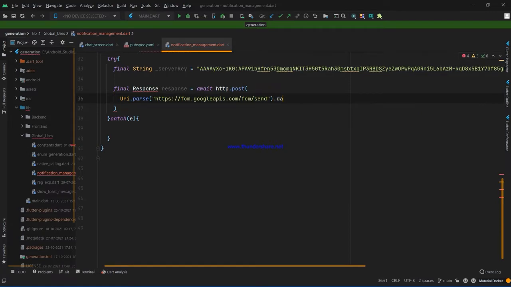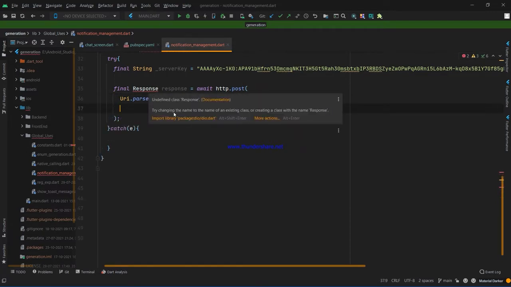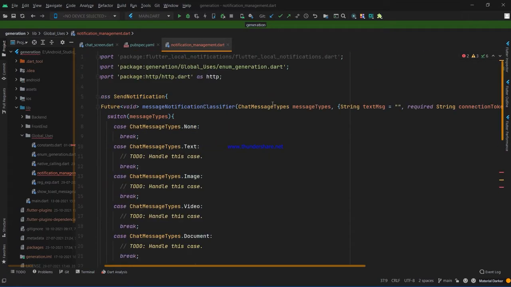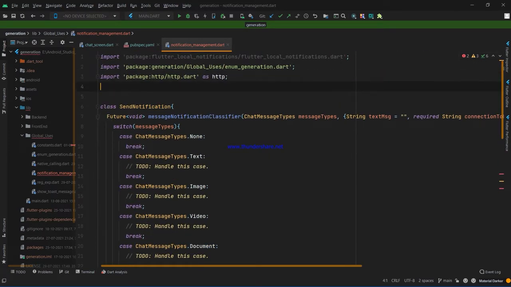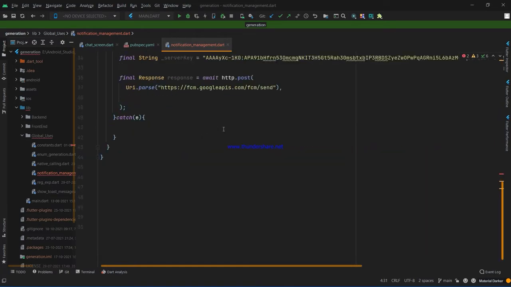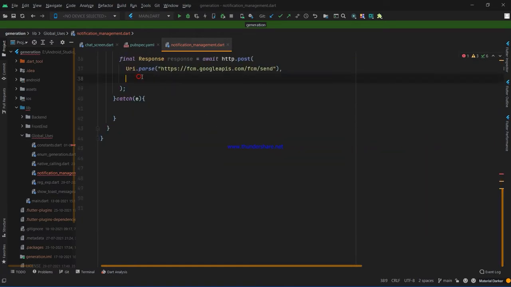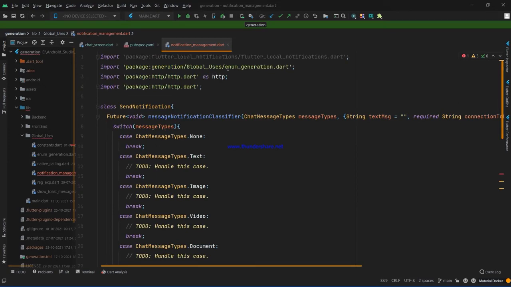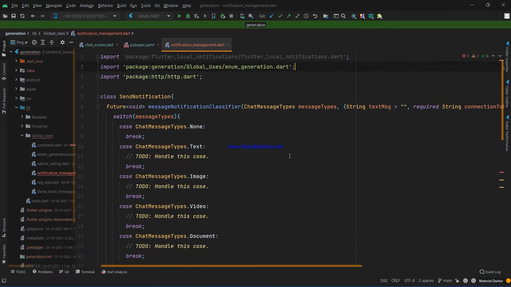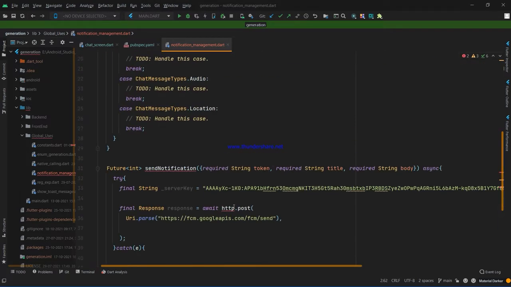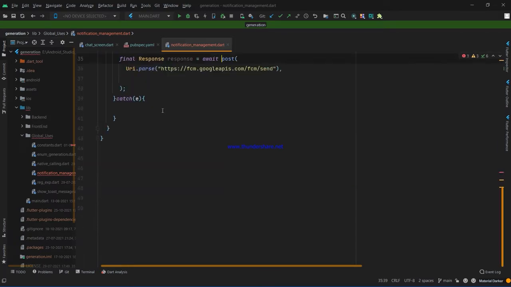So that's the URL. We have to import the http package as well, because that response is under http. You can do one more thing: just delete those lines and use just post, because post is under the http package.